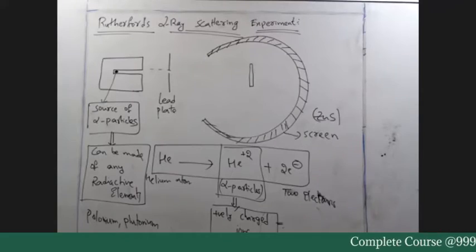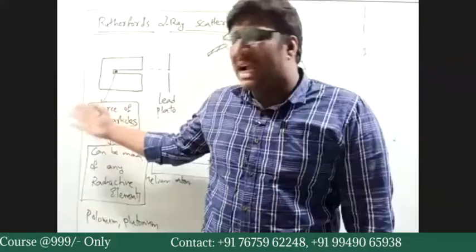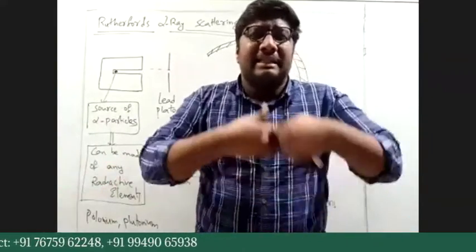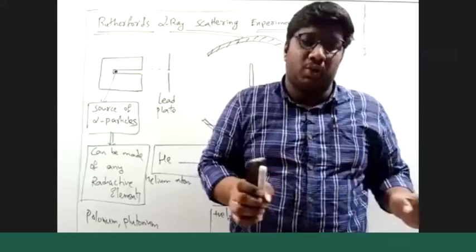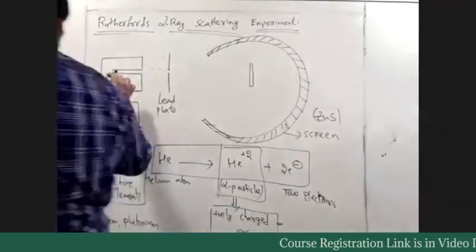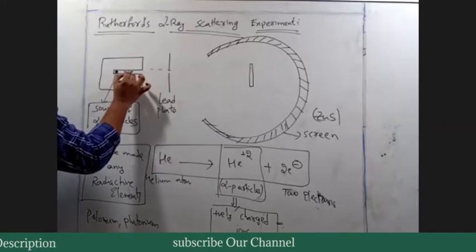Very good. So any alpha particle, whenever we say there is a source and that source generates alpha particles, the alpha particle generated will come out with velocity. That should be clear to you. Whenever the alpha particle has velocity, so here I have an alpha particle,